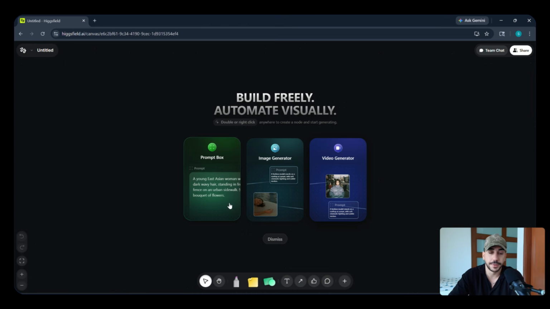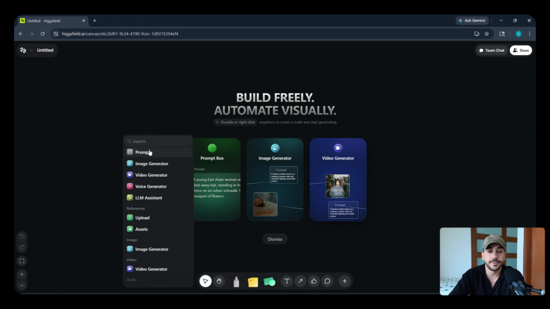And now we got an empty canvas. You can see this double or right click anywhere to create a node to start generating. So I'll just go ahead and do that. I'll click here, and that pops up an options menu. We got things like the prompt option. This is basically just a text box where you can add in your prompt, and on its own it does nothing. You'll have to connect it to other generative nodes such as the image generator node, and then it becomes